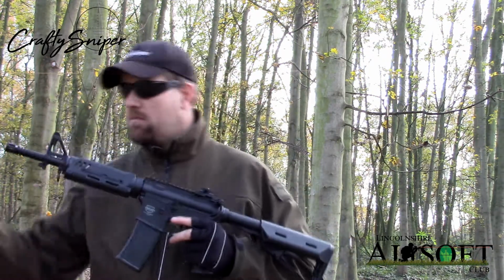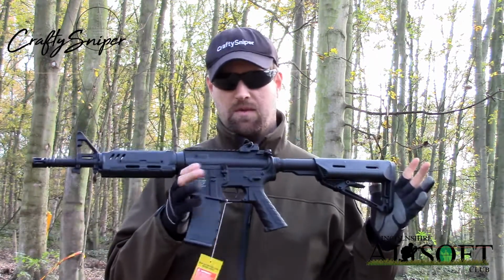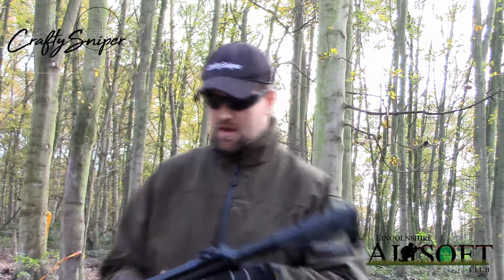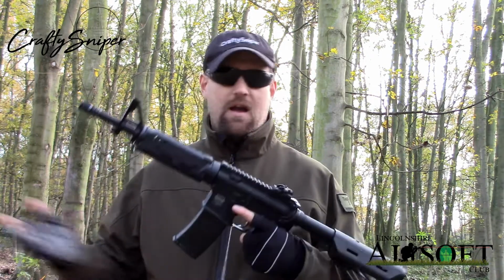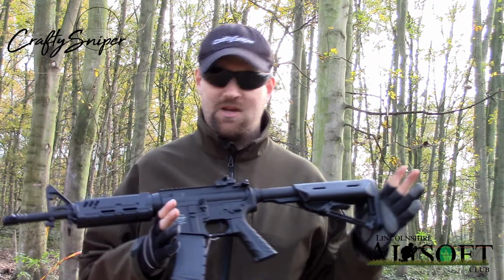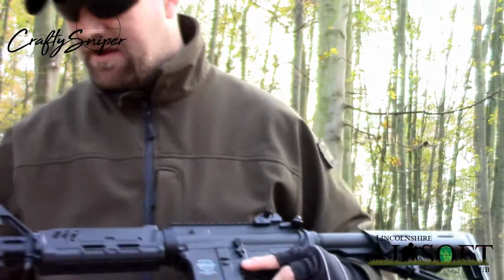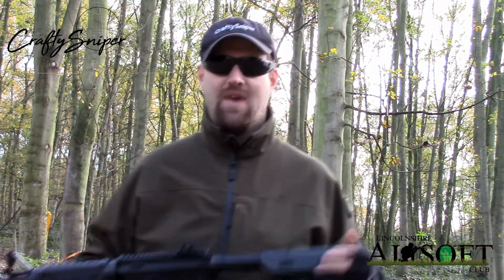Now first of all, obviously we're at Combat Zone. This is a Lincolnshire Airsoft Club match, and like I say, this is their brand new rental gun. Now at the start I said it was so new it's got a tag on it. That's how new this thing is. I've still got the tag on it. I had to reset the hop, nothing new because the hop's always turned off on a brand spanking new gun. Add some .28s to it. I've got a nice NiMH battery in here, a 9.6 volt battery, and other than that I think I've still got some of the styrofoam. You can see right there, they've still got some of the styrofoam on this gun. It is that new. So anyway, let's delve straight into what you're going to get when you rent this gun